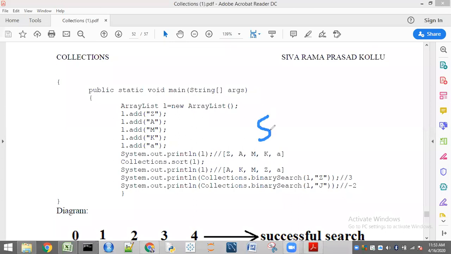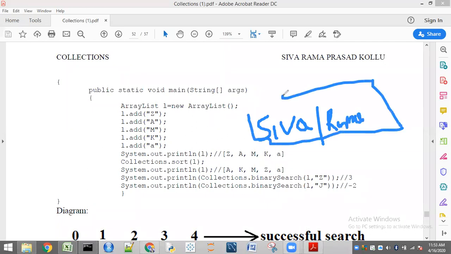So for example, Shiva is there. SIVA is one string, here it is present. Next one, Rama is there. These are two strings. It will compare according to the alphabets. First, it will compare these two. When comparing these two, where does S have to be present? Alphabetical order, it is going to be ordered. That means this S has to be after R. So Rama will be first, Shiva will be next.